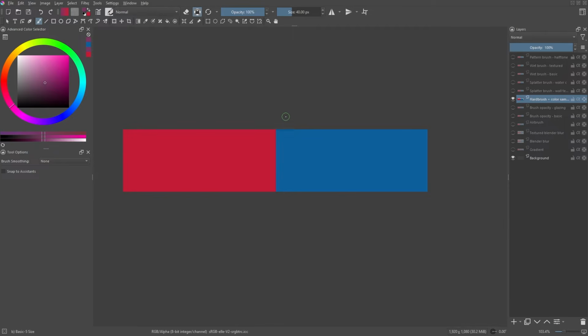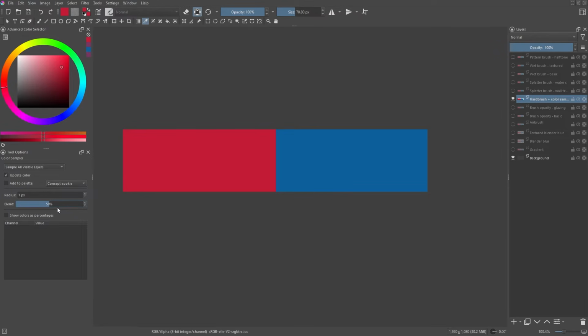Okay. Now, since this brush doesn't have a variation in opacity level, of course, you cannot mix the colors by reducing the pen pressure. In order to produce a mixed color between these two colors, we can utilize the color sampler tool. By default, the blend value of the color sampler tool is 100%. This means that the color that we currently pick or sample will totally replace the previously active color. If we change this to 50%, what will happen is that the color we sample will be mixed 50% with